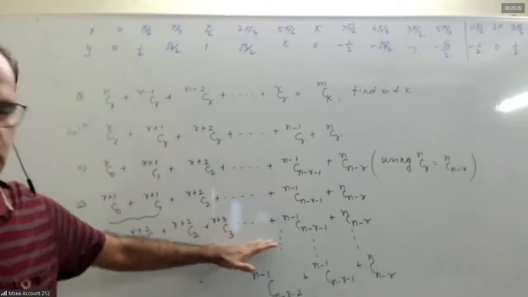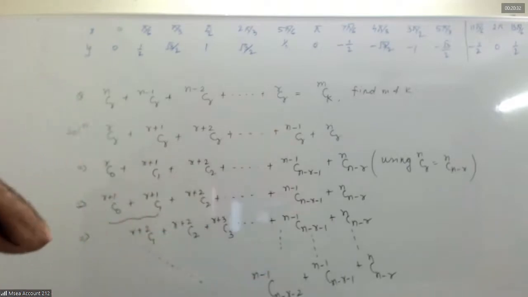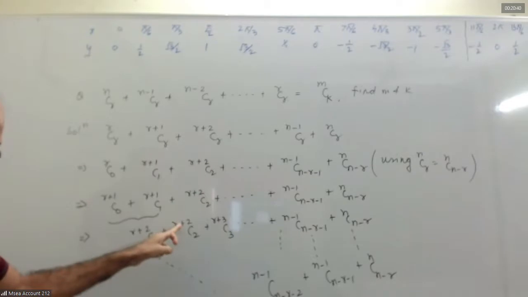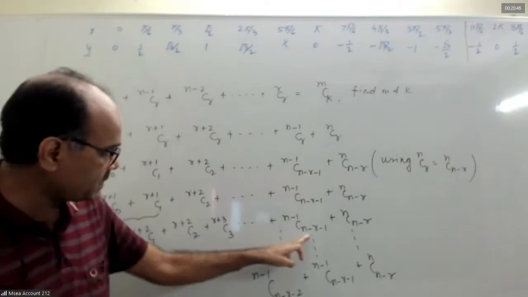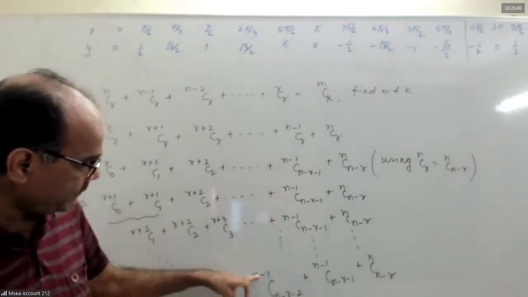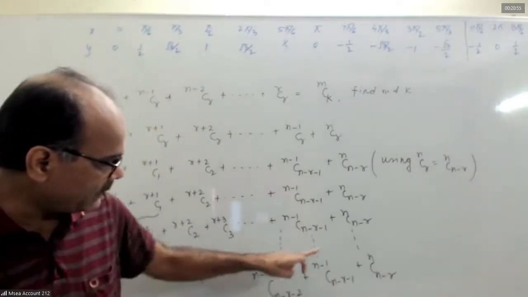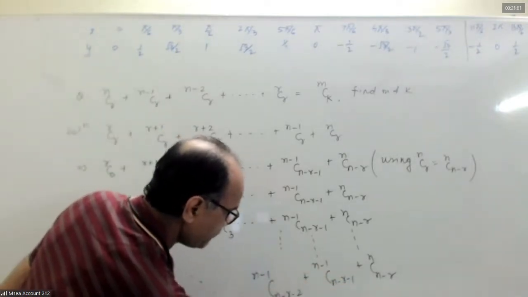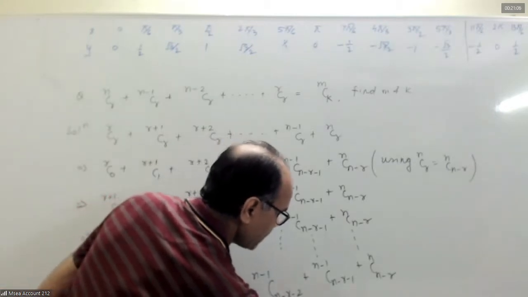Now I'm explaining this one. Many times you can see the previous question paper, and they have asked questions based on this basic. See how we will make the sequence. If you merge these two terms, this number will increase by 1. This will be same, the second one. Just before that, this will be same and this number will be just less than this. Now after merging these two, this will be nC(n minus r minus 1) plus nC(n minus r).